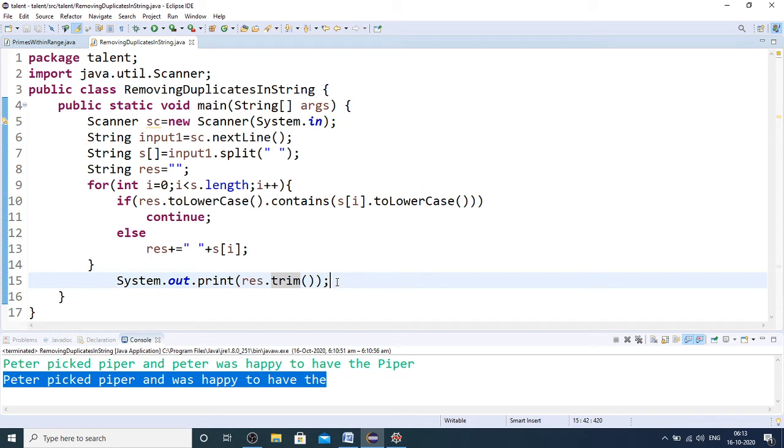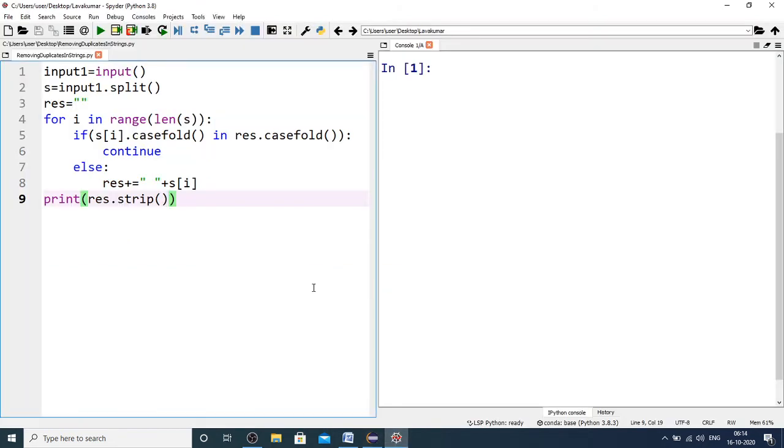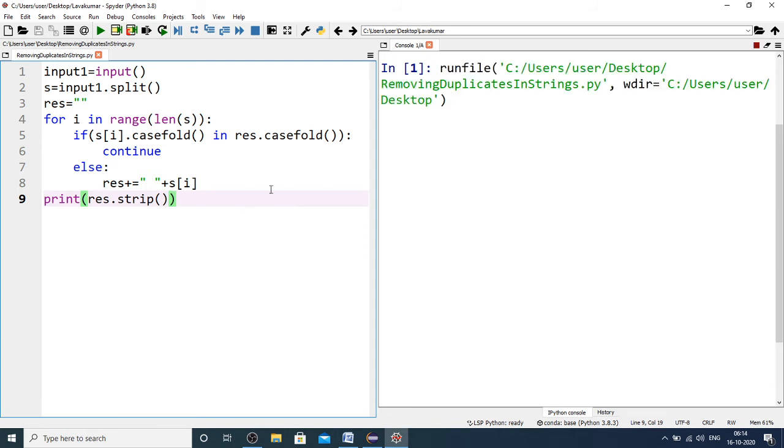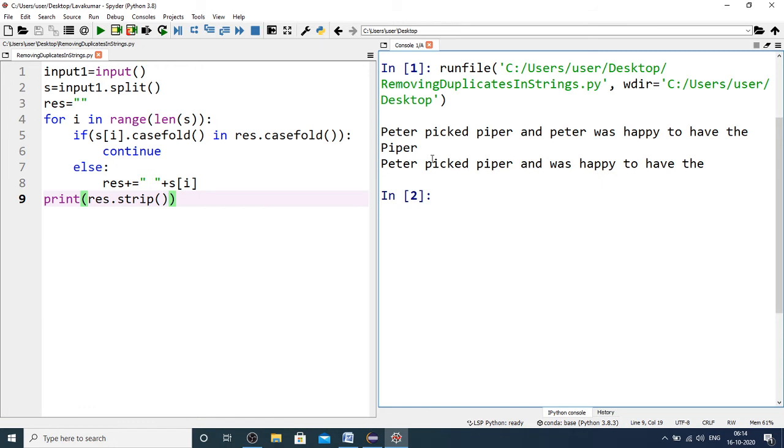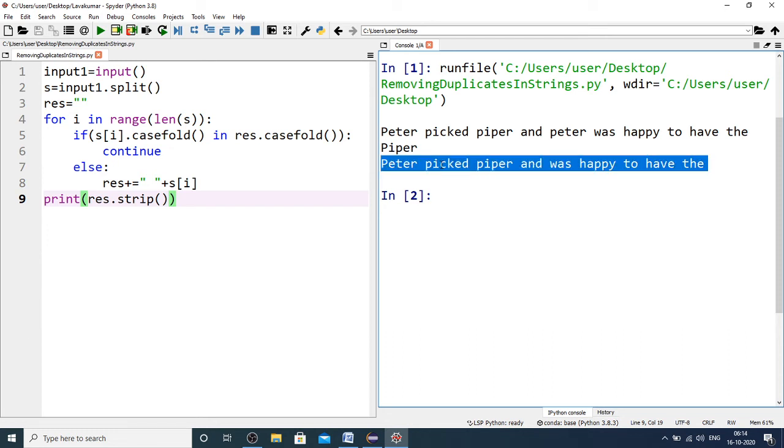Now let me quickly show my Python code also. So this is my Python code as well. Let me quickly run through the same example. So I'm giving this, and there you can see the string where I have removed the duplicate words. Now if I select the output, you can see that there are no leading and trailing spaces.